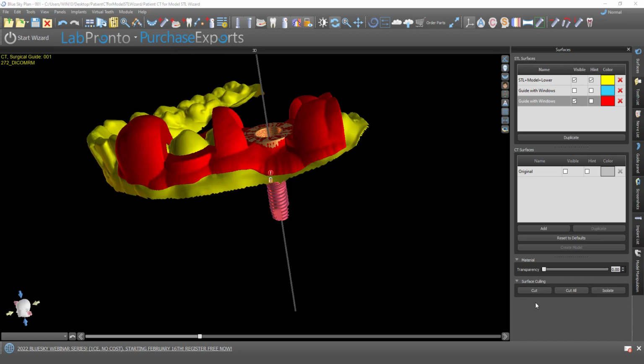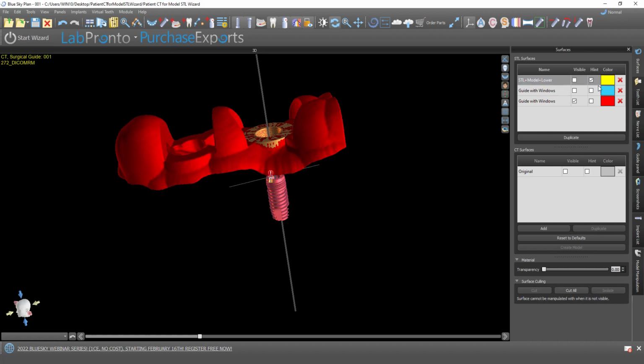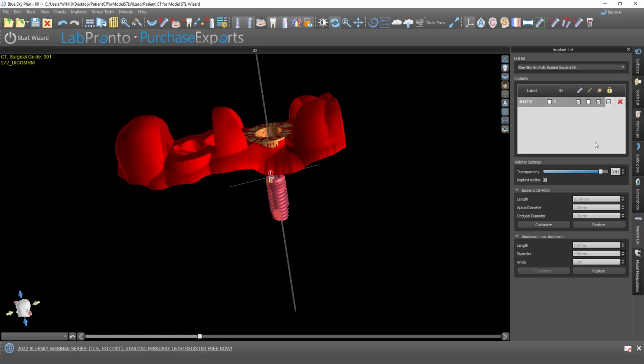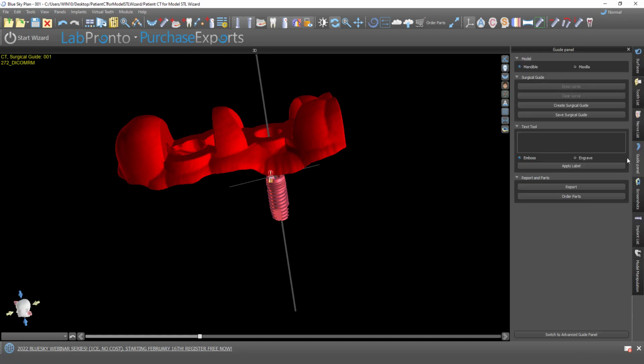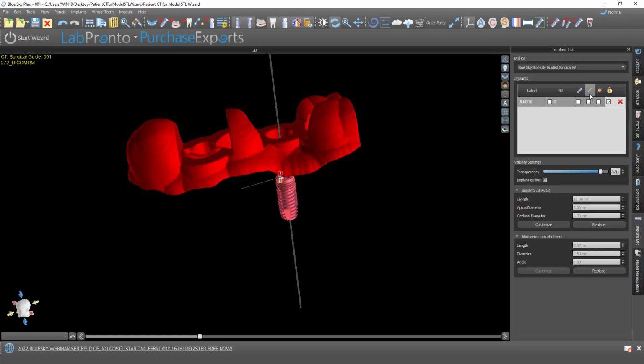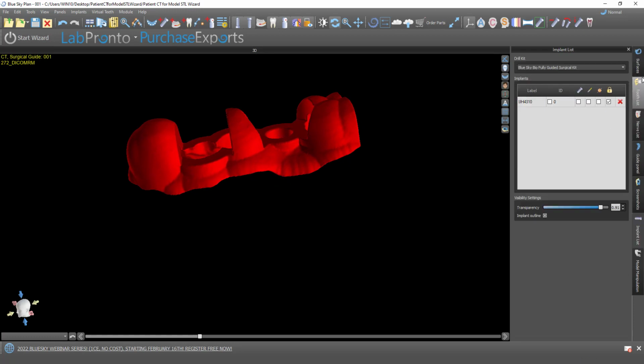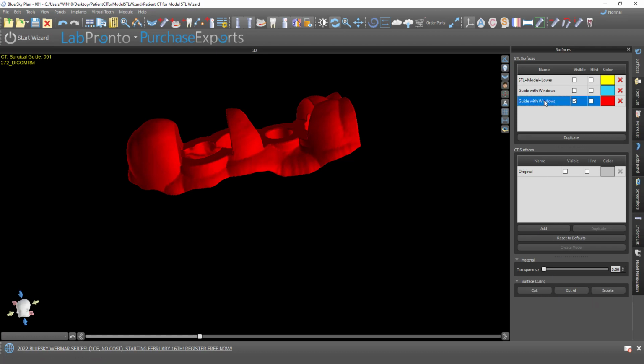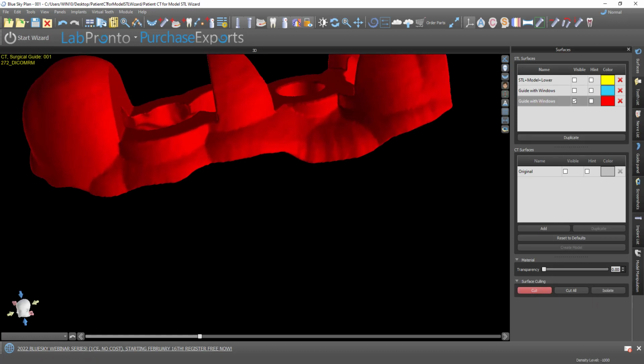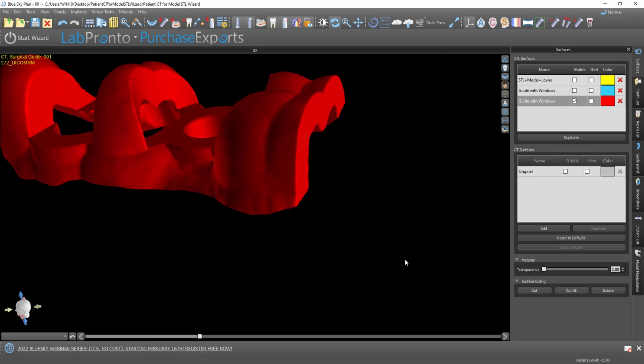Now we can also see that in the surfaces panel, we have this cut button. So if we have a piece of the surgical guide that for whatever reason we don't want to be there, let's hide the implant for now as well. There we go. We could select the relevant surface, and we could use the cut functionality. We could lasso the relevant part, and we could cut it away. Okay, so you could do that with any STL surface, and you could use the cut functionality. Click it again to turn it off. And lastly,